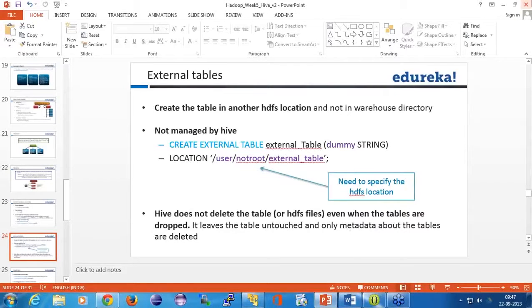You will not be moving that data here. Usually we use the concept of external table when the data is large, and also when the data is being updated from multiple places, or being used by multiple sources. Though it's just a user preference, most of the time people will be using managed tables. Sometimes you will be using a mix of those. Obviously you will not be using everything in external tables.